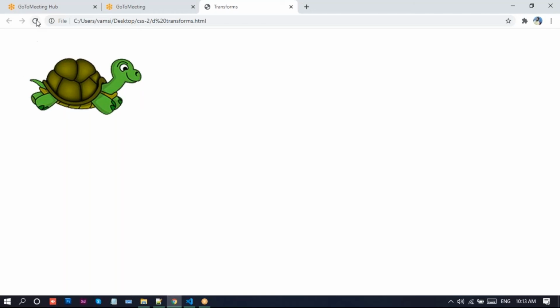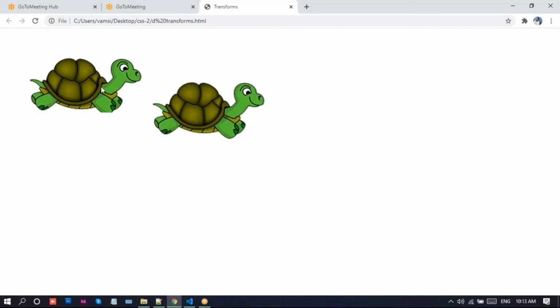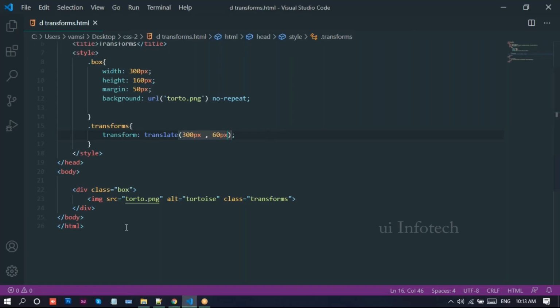If you don't provide the y-axis, it will take only the x-axis and the remaining y-axis as 0. Let me run this on the browser and reload the page. Now look at this: it moves from the current position to here. I will show the example. I'll do one thing for this background.